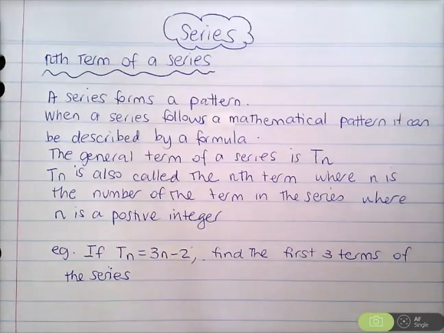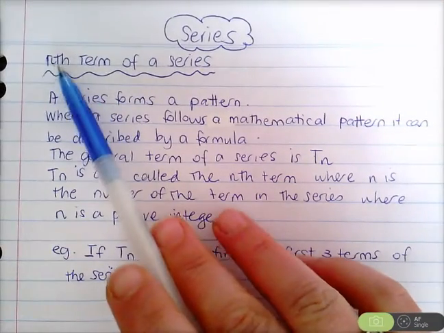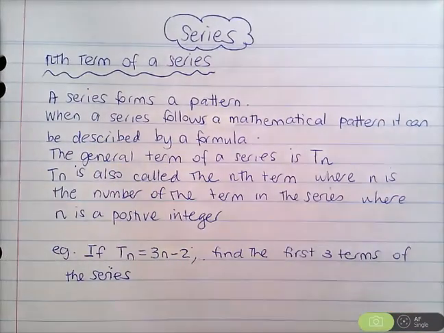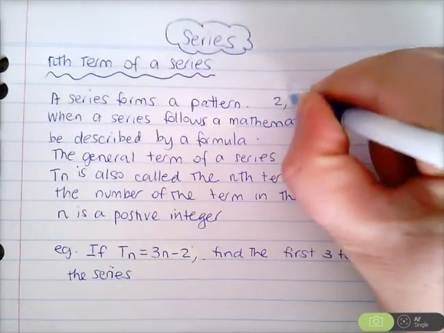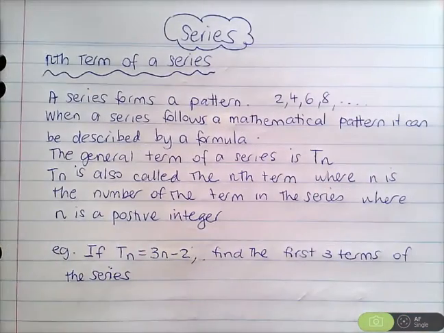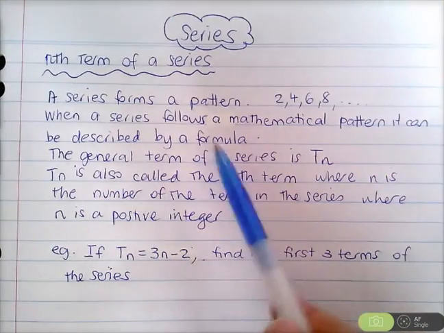It's the first video on series. First, we're looking at what the nth term of a series is. Now, a series is something that forms a pattern. For example, you might have 2, 4, 6, 8, etc. And if a particular series follows a mathematical pattern, we can describe it by a